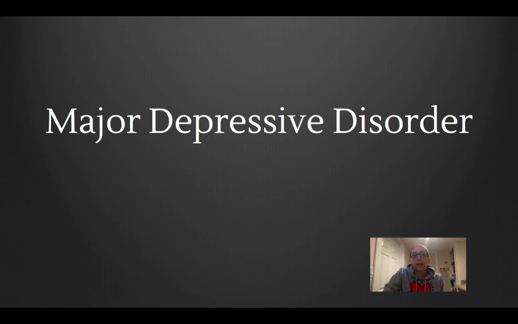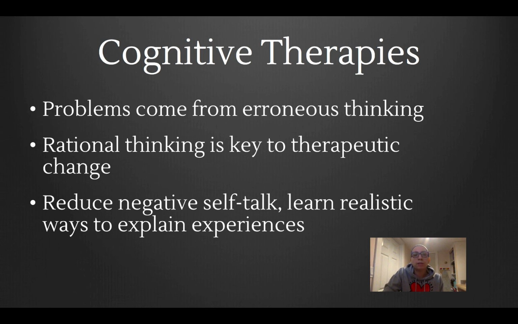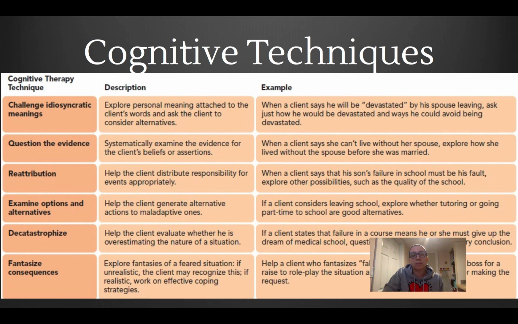So I don't want to get too much more into the cognitive therapies because we'll talk about cognitive behavioral therapy more when we talk about major depressive disorder. But I will at least give a very brief overview in that the cognitive therapies, as you would think, based on everything we know about the cognitive approach, is focused on our thinking patterns, our thought patterns. The goal is to reduce negative self-talk and to learn more realistic ways to explain the things that we're experiencing. It's going to focus on recognizing what we call cognitive distortions. So, for example,